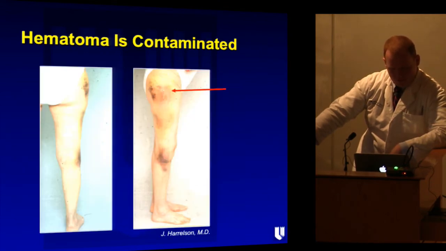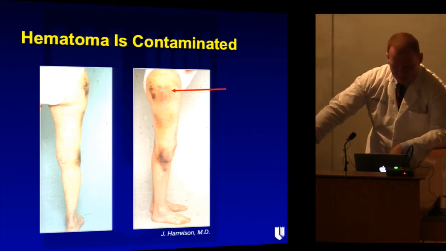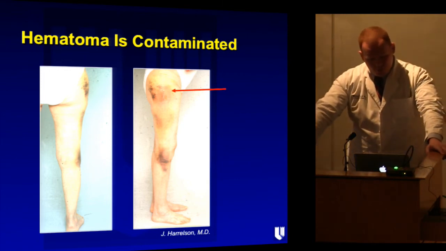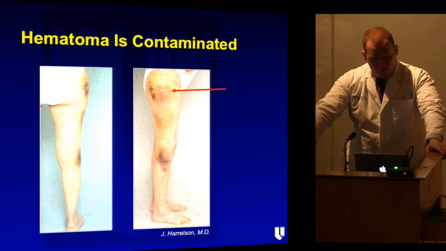Here's why meticulous hemostasis is important. This patient is status post an incisional biopsy, marked by the red arrow there. In a case where meticulous hemostasis was not obtained, the bleeding at the surgical site post-op has caused hematomas to develop along the thigh to the level of the knee. The hematoma for this patient must be considered contaminated, meaning the cells of the lesion possibly spread along the entire